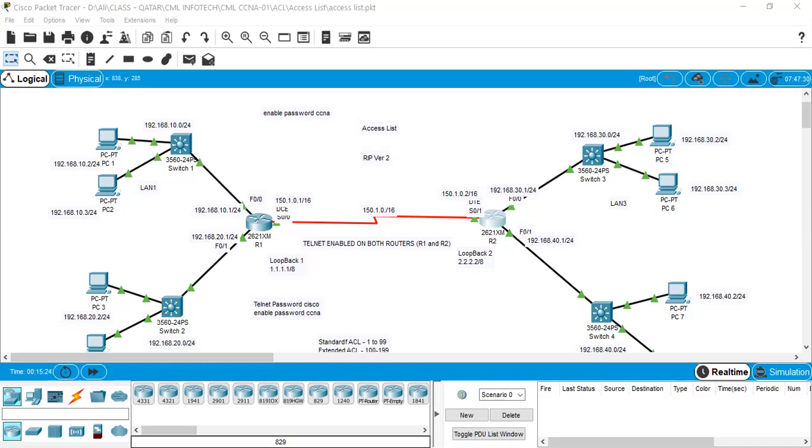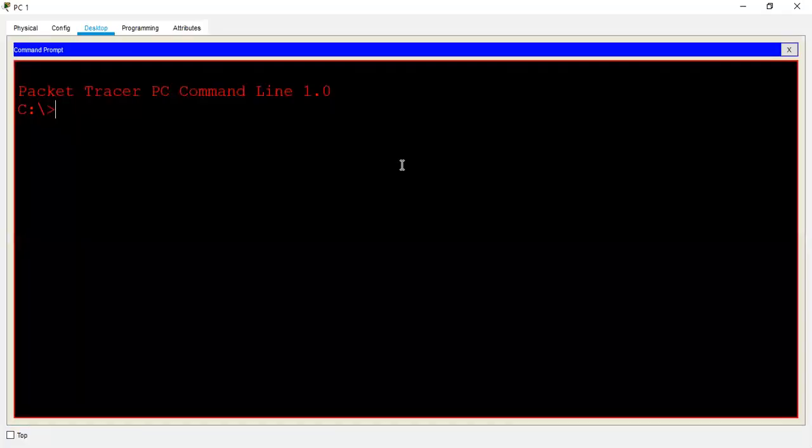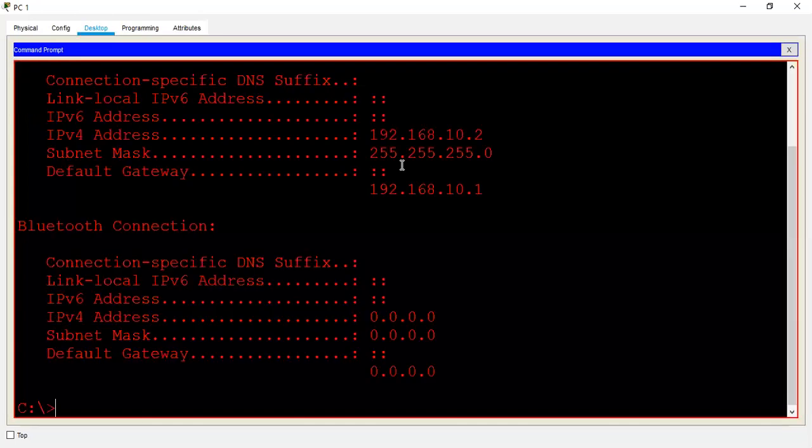Now you go back to the system. We'll try to ping from 10.2 to 30.2. Go to the system, command prompt, ipconfig.